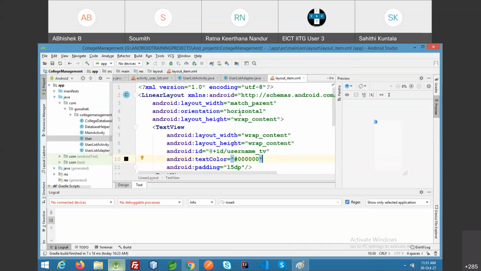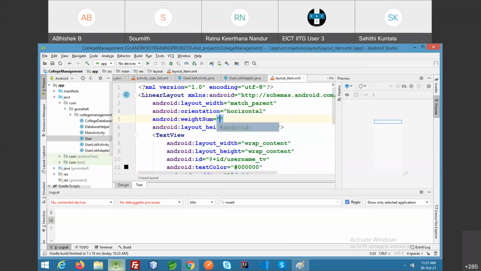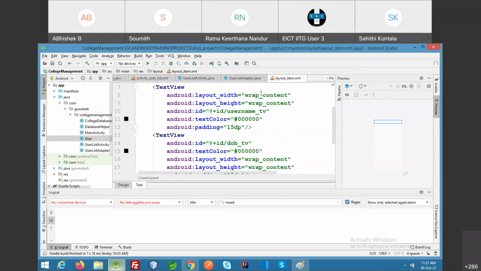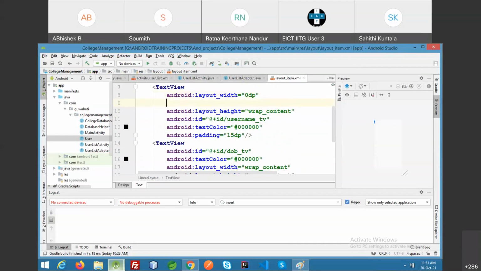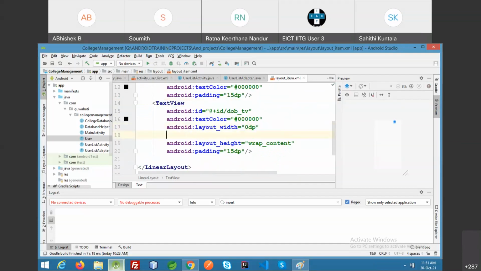I need orientation, width match parent, height wrap content. I give the weight sum like 3. So username must have width 0 dp, but weight 2.5, 2 is okay, 2.2, and the dob width is 0 dp, and weight is 0.8.